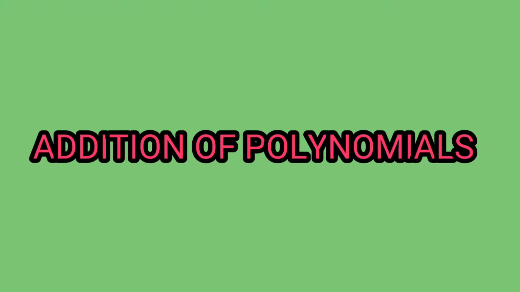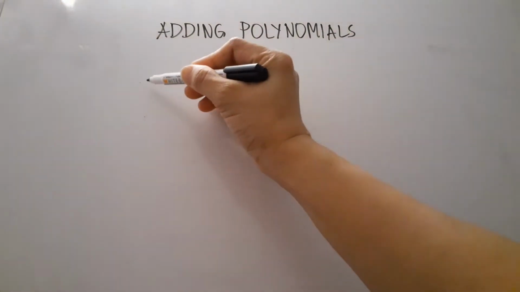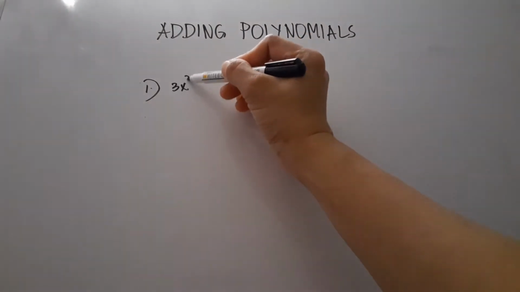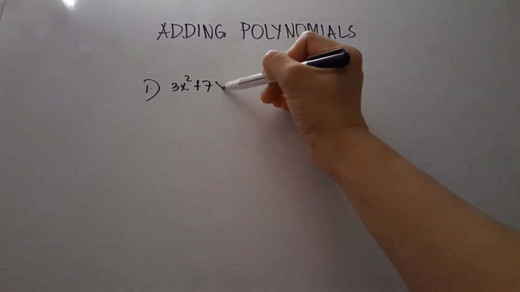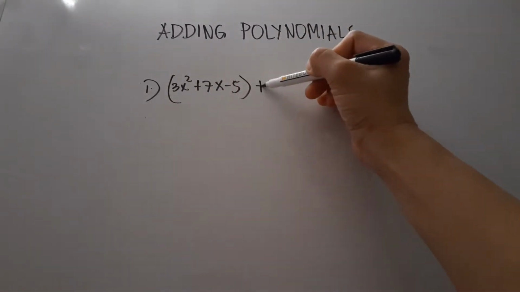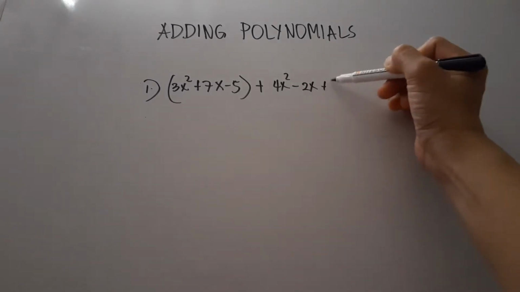Our lesson for today is about addition of polynomials. In adding polynomials, we rewrite the expression using the distributive property and then add or subtract the coefficients of the variable. In simplifying each of the following algebraic expressions by combining like terms, for example, 3x squared positive 7x